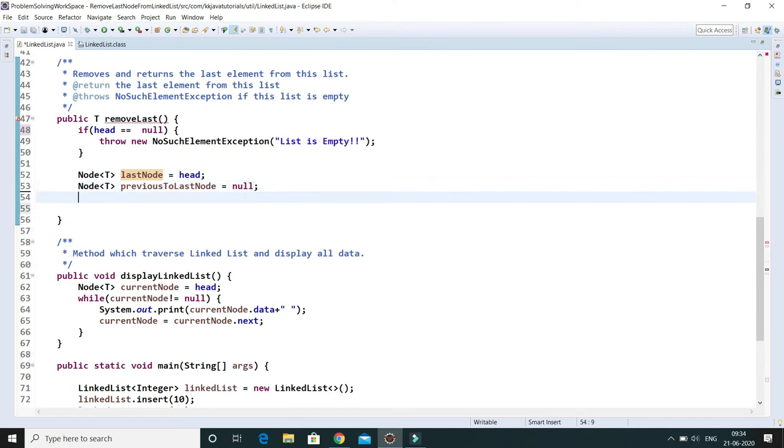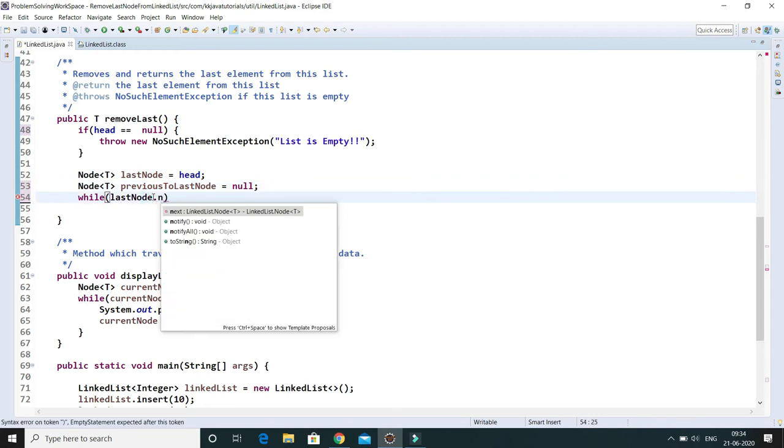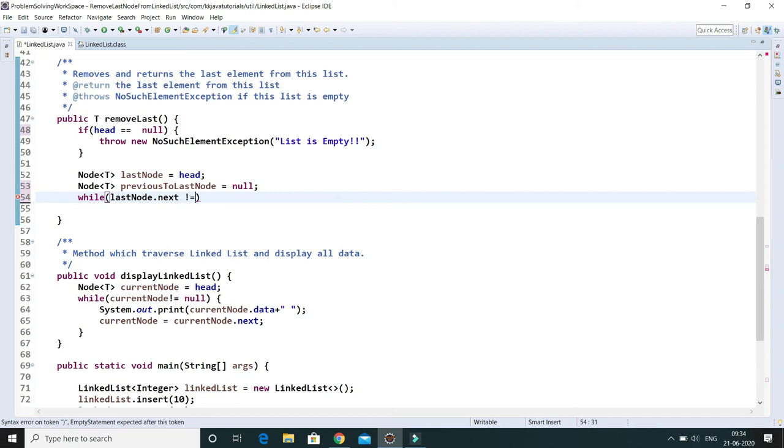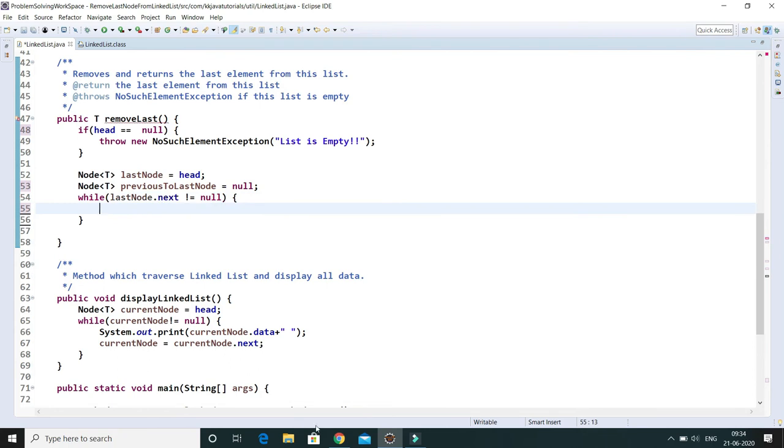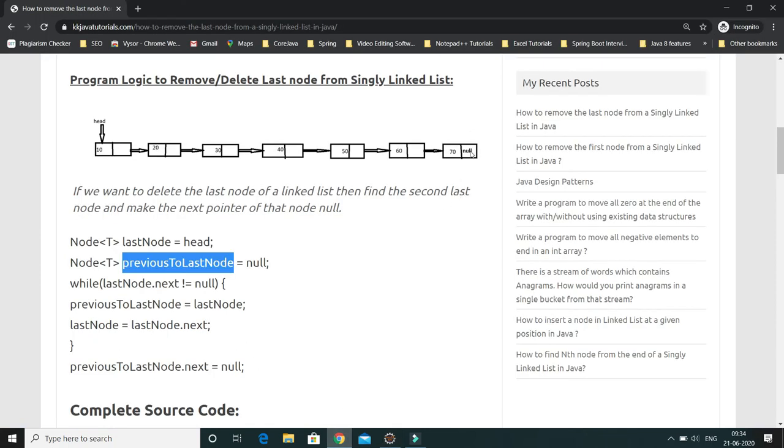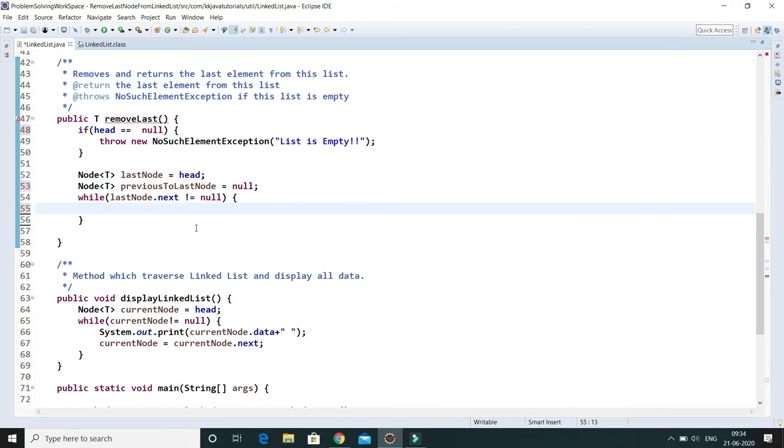And we'll start traversing from here. So let's take a while loop, and here I'll say lastNode.next not equal to null. We have to reach till not equal to null, right? Because the last node is always pointing to null, and that's the reason I have taken this condition.